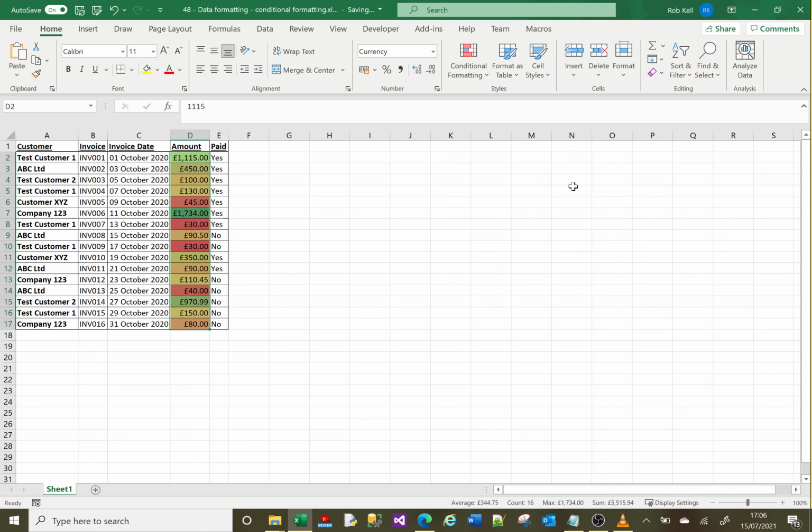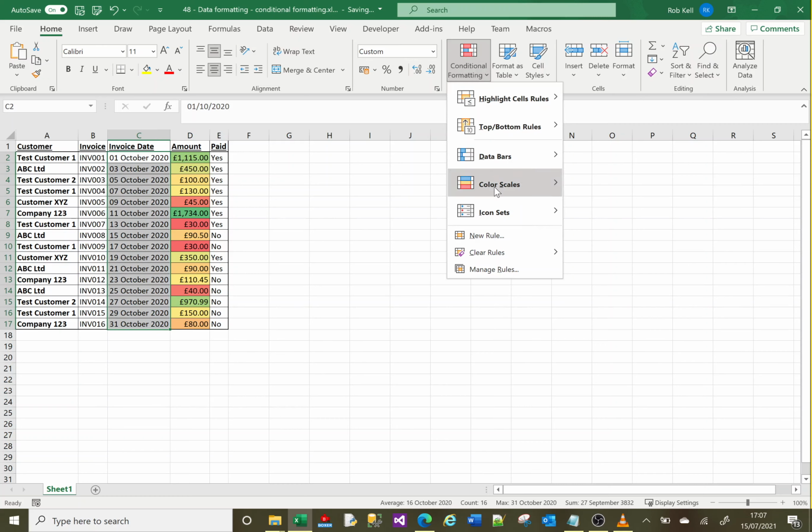So we highlight that. Now all of these colours change gradually depending on the values, and again it's all dynamic. If I were to change this to 1000, right now it's very red. If I change this to 1000, it goes more green because it's going up to the higher end of the range. So I'll put it to 30. And this works in dates as well. So if I go to these dates here and go to colour scales, I'll select a different one here, maybe this